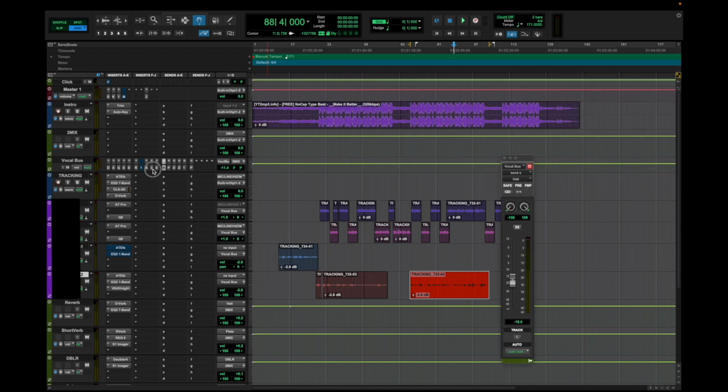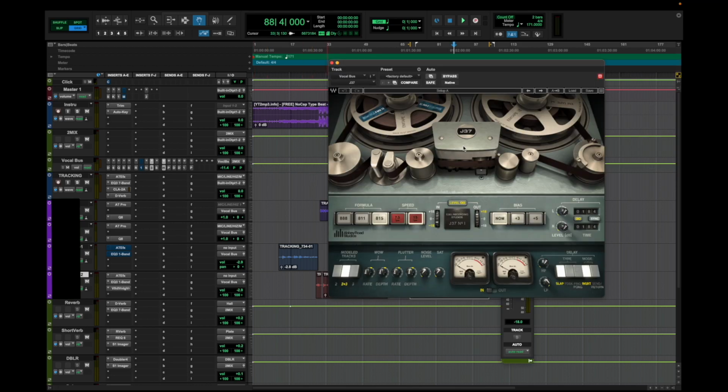Towards the end of my plugin chain, I'm using the plugin known as J37 by Waves. UAD has their version. A lot of companies have their own versions, so you can grab them at a cheap price. And this is just on default settings, and this just adds that nice analog grit that vocals are missing when they're mixed fully in the box, and it just adds that very nicely. And I don't know what I'd do without this plugin, so I'll show you the before and after.